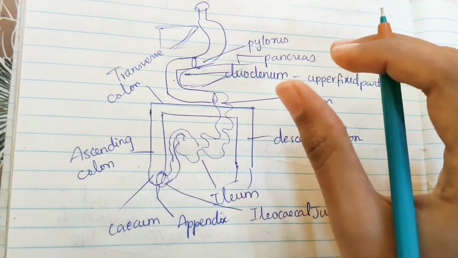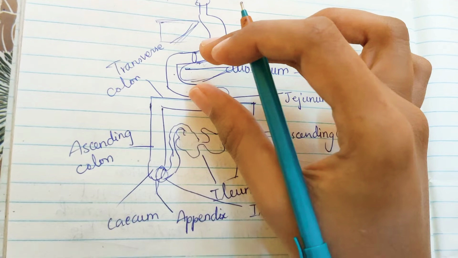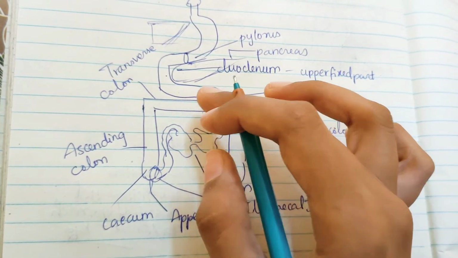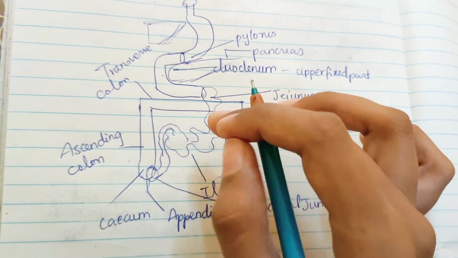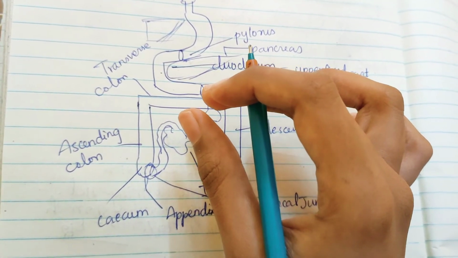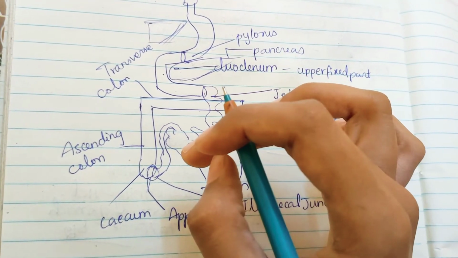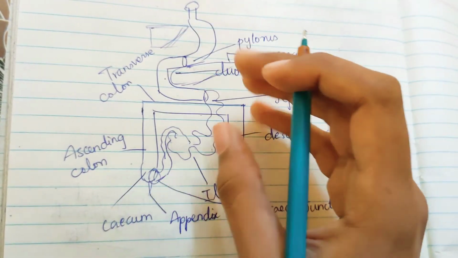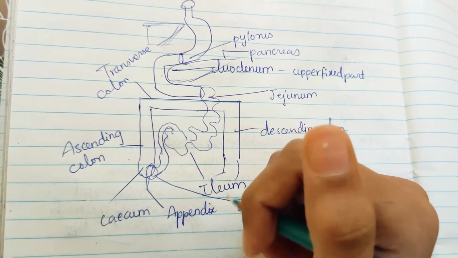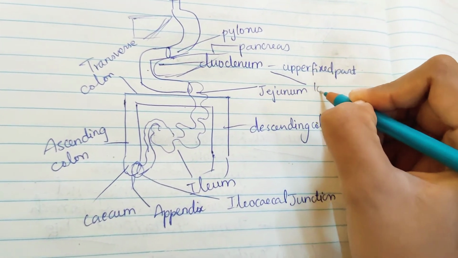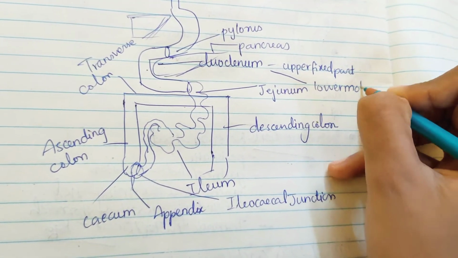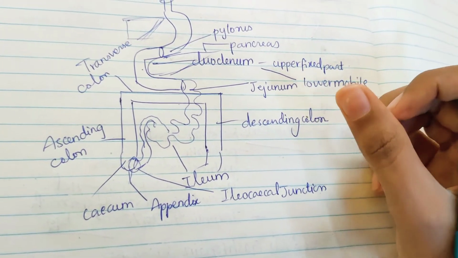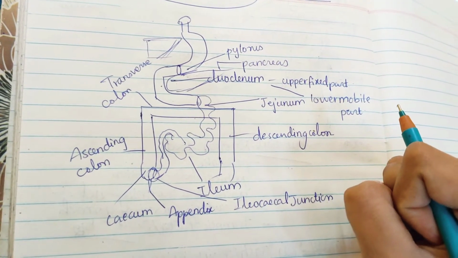It is about 25 centimeters in length, and it has a lower mobile part, which forms very firm convoluted tubule. The upper 2/5 of the mobile intestine is called jejunum, and the lower 3/5 is known as ileum. The structure of the small intestine is mainly adapted for digestion and absorption of food. So the duodenum has an upper fixed part and a lower mobile part. We'll discuss what these are in the duodenum part. This is just an introduction to the small intestine.